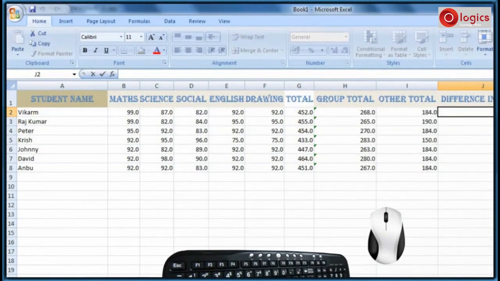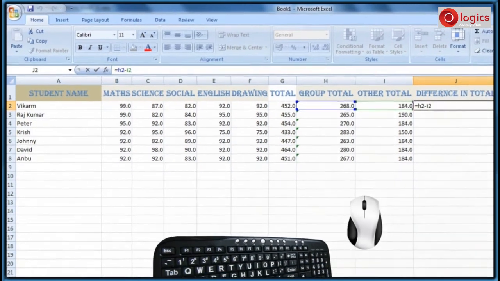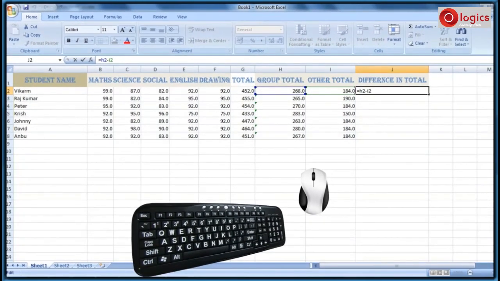As you know, instead of plus you need to use minus. This is the H2 cell and this is the I2 cell. Put minus in between H2 and I2 to get the difference. Don't forget to type is equal to in the beginning. Press enter to get the difference of the selected cells.